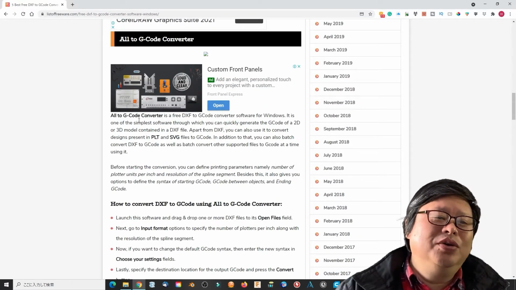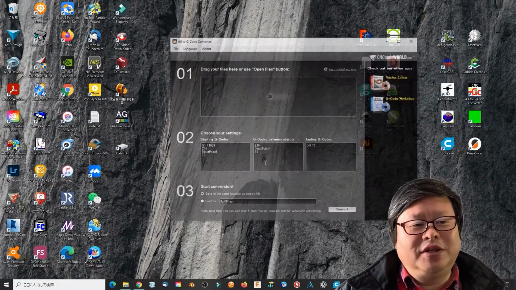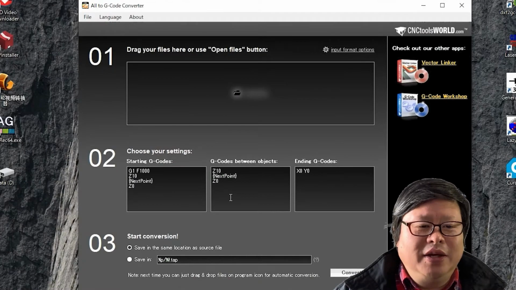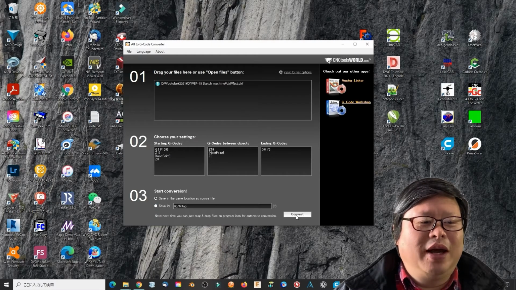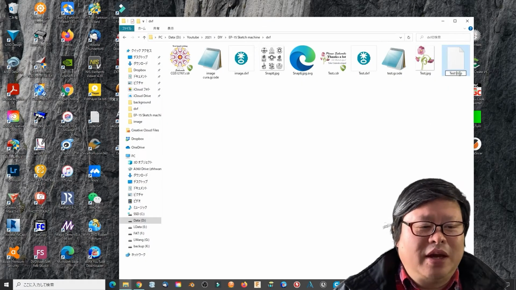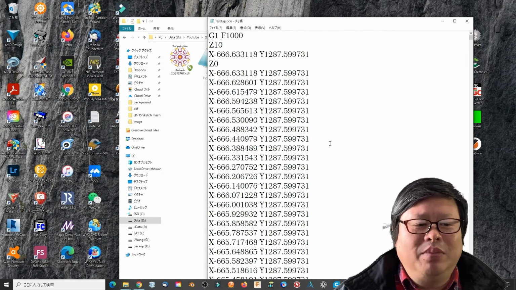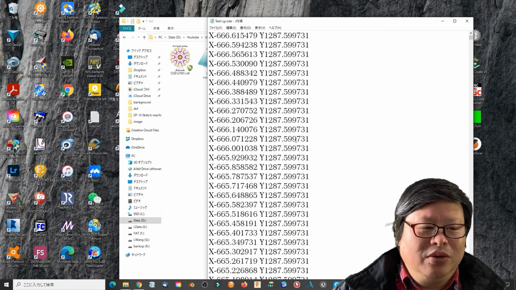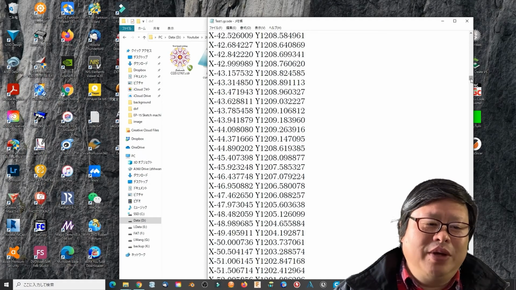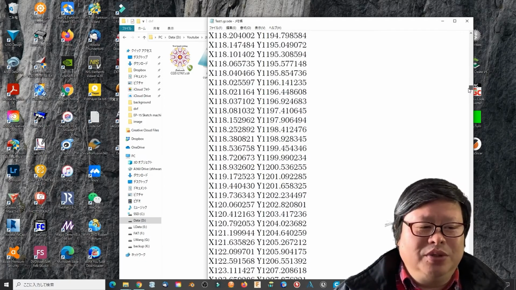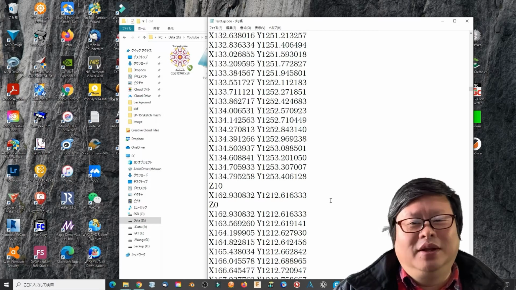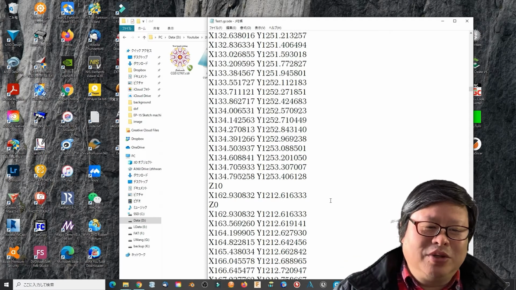Then I chose O2 G-code converter. The interface is very simple. Load a DXF file. You can change the starting and ending G-code command. Let's try it out. It runs very fast. Check the output file. It contains X, Y axis numbers, and Z number. It looks good, but I found the numbers seem scaled. Also, you need to add a command to tell the printer what to do, such as add G0, then the X-Y axis to tell the printer to move. I like this software, but now it is not our choice.